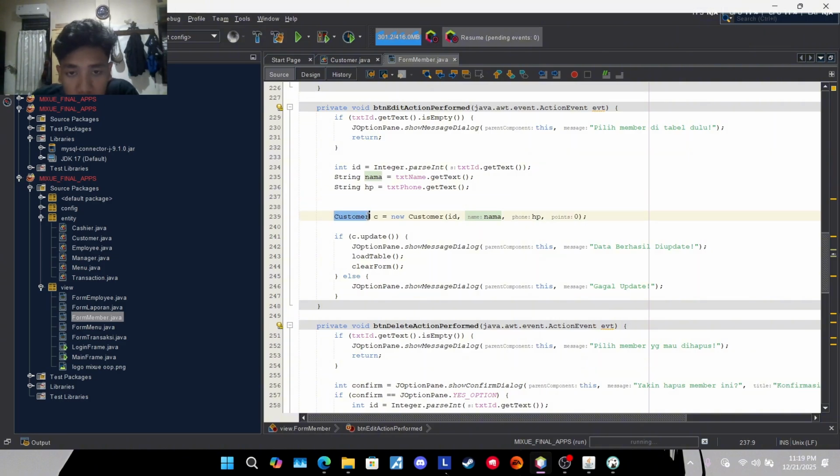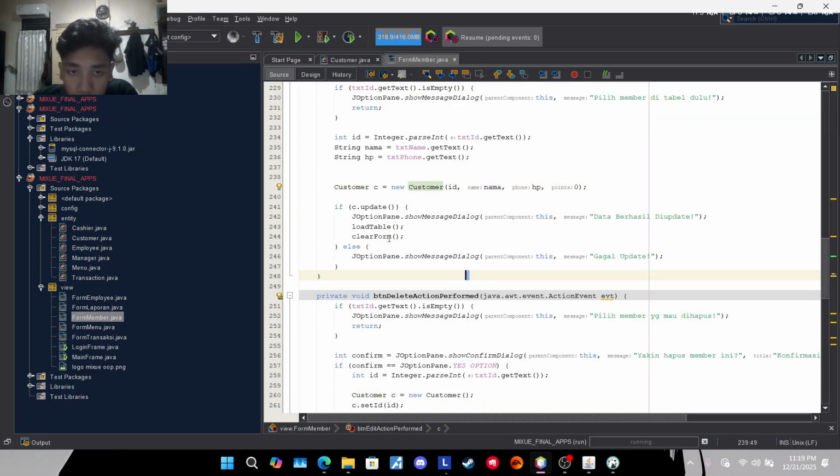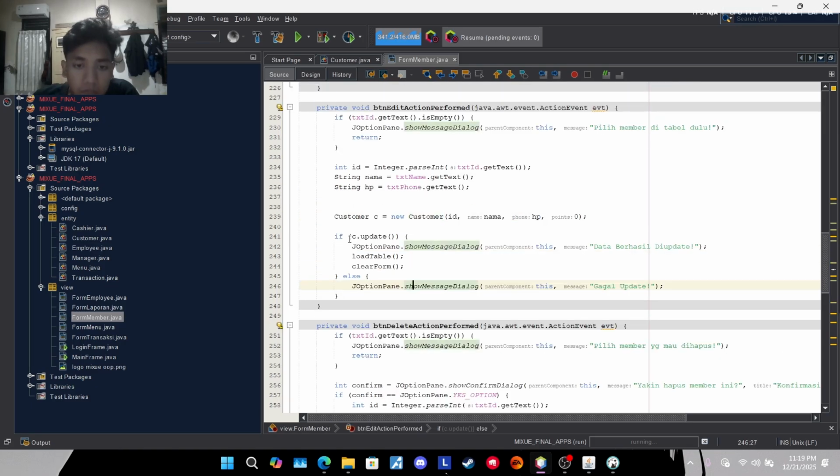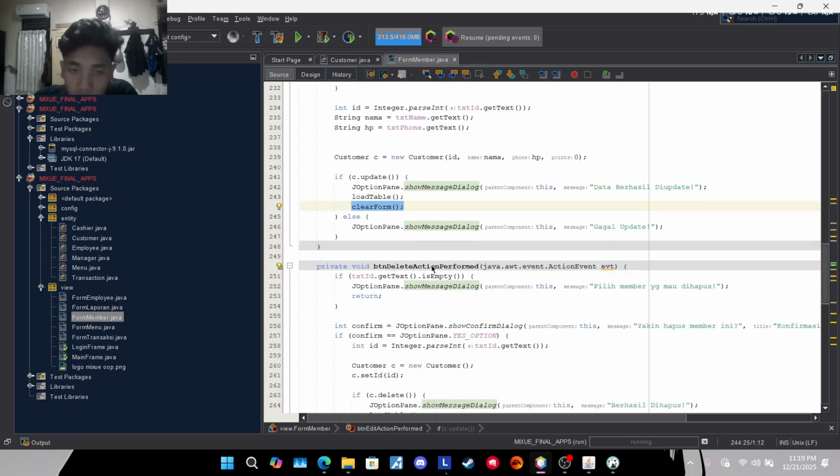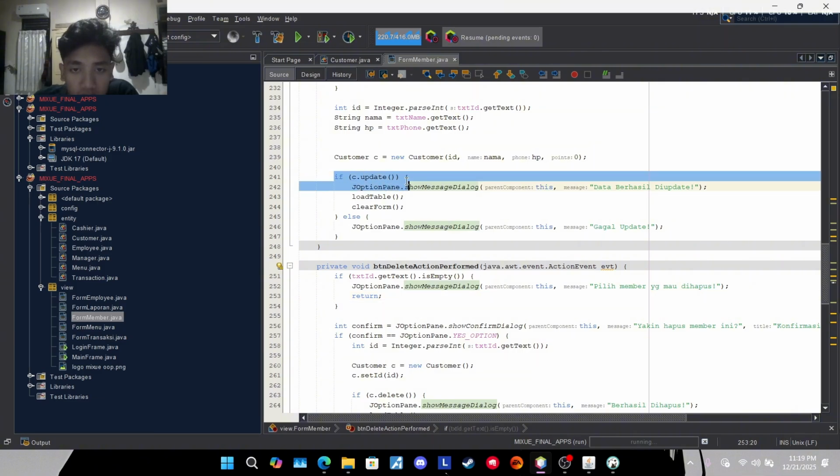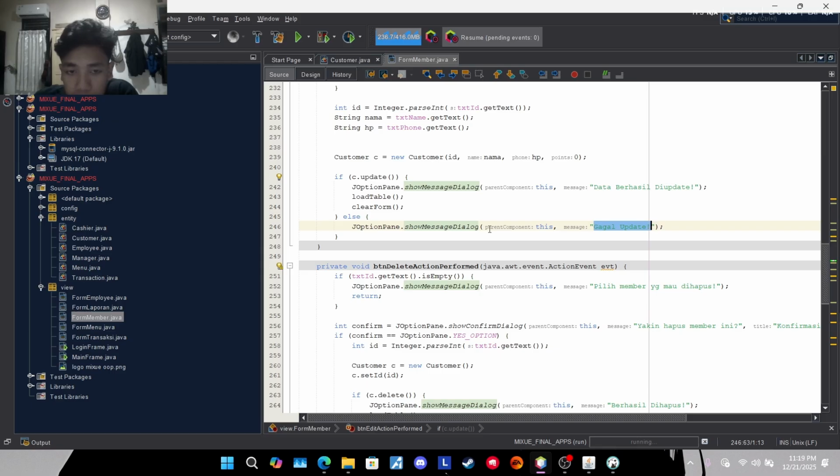And after that, we initialize the customer with a new customer ID, nama, and HP. And if the update is successful, there will be showing a message "data berhasil diupdate", and it will load the table and clear the form. And if the data is not updated, there will be showing "gagal update".